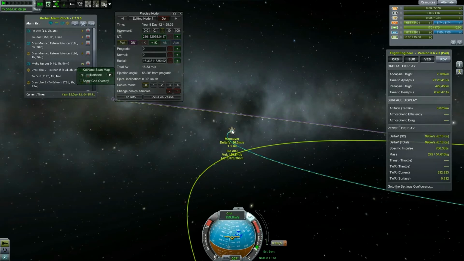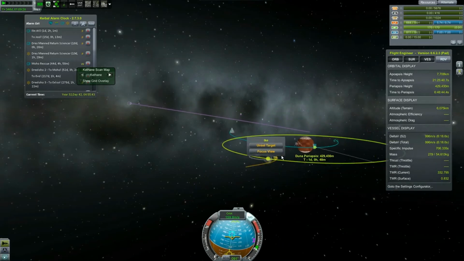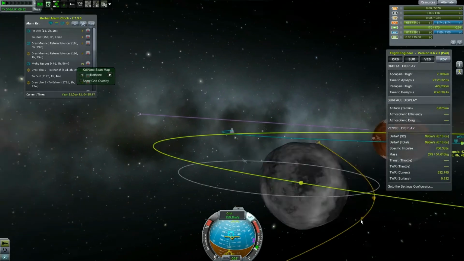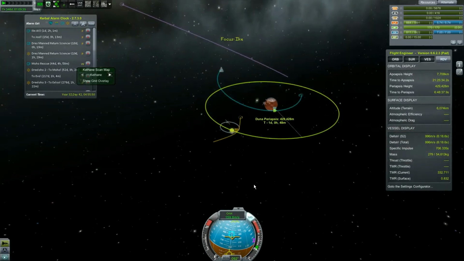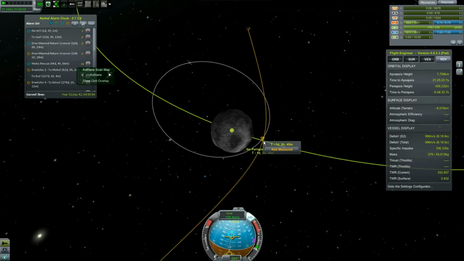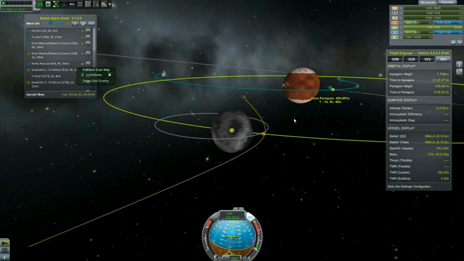Okay, now the rest of this we can do by tweaking, by actually looking at Ike. And it really honestly doesn't look like we need to do any tweaking. That's pretty perfect right there. That's as good as I can really expect it to be when it all comes down to it. So, now we just have to fast forward to the...